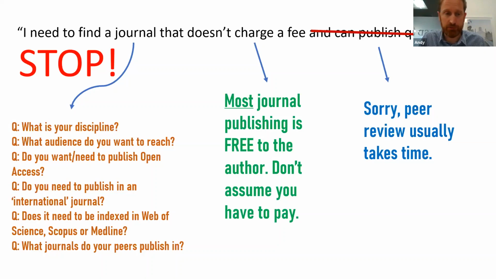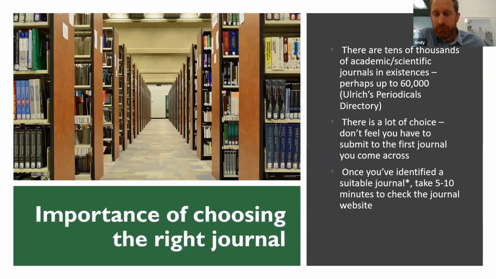So you may be asked to publish in a Scopus journal, for example. It may be part of the promotion criteria at your institution that it's in a Web of Science journal, or it's got a certain impact factor. And what kind of journals do your peers publish in, and your colleagues and your senior colleagues? Where do they publish? So there's lots and lots of things to think about when you're thinking about where to publish. It's very important to choose the right journal, and it's not a quick decision that you can make just by asking a couple of people or by doing a quick Google.